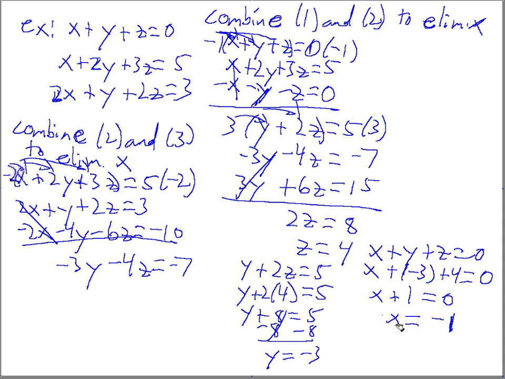So then we have x and y and z solved for. So my ordered pair solution then, I write it up here, will be negative 1 for x. y is going to be what? Negative 3. And z will be positive 4. All right. So we have the following solution here of negative 1, negative 3, positive 4 for x, y, and